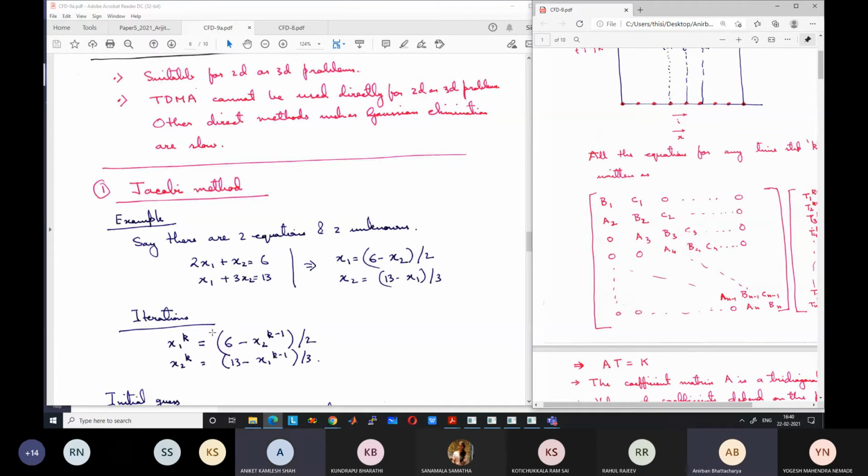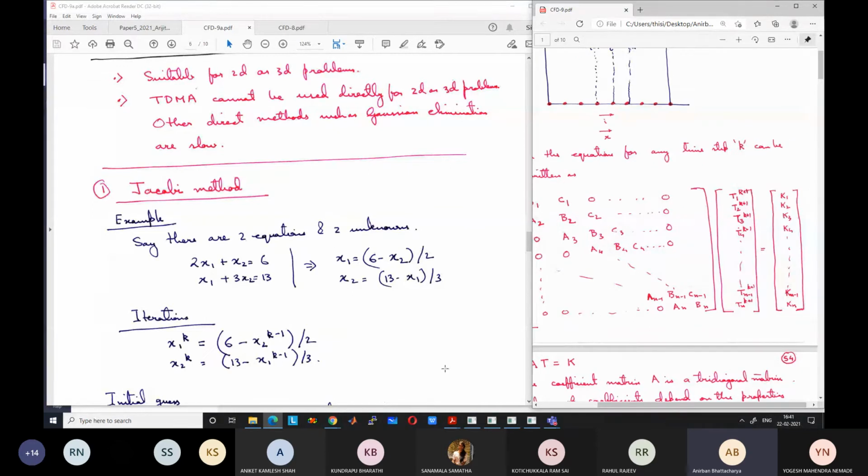Error tending to 0. What is the error? How will you find the error? Means how do you know what the error is? Sir, from the theoretical solution... You don't know the theoretical solution, right? That is the entire point. If I know the theoretical solution, I will use it. Why will I iterate? Because I don't know the values, I am using this method for solving them. With N equations and N unknowns, I can write N equations like this. So you don't know the theoretical values.